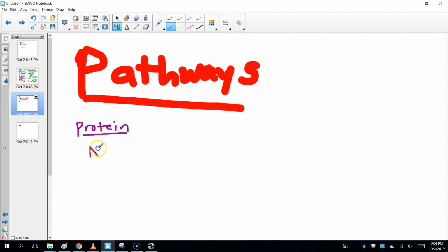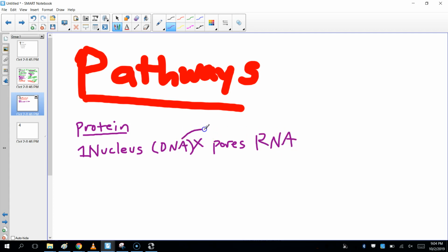Basically, there is the nucleus inside the eukaryotic cell. Okay, and in the nucleus, it has DNA. DNA is not allowed to leave the nucleus. So the nucleus has pores through which RNA can enter into the nucleus and get the message from DNA. So then RNA is like DNA's little buddy, and RNA will take the message from DNA and take it out of the nucleus.